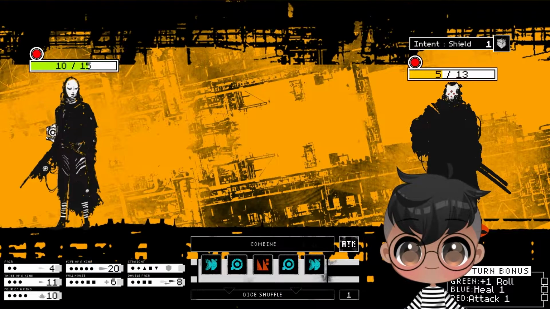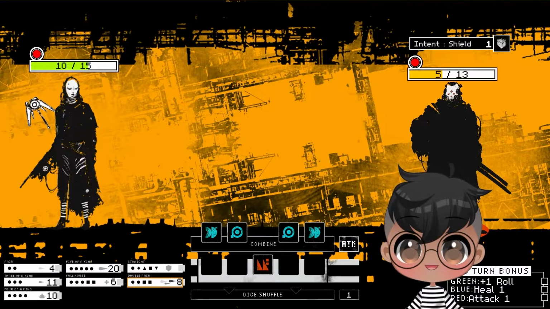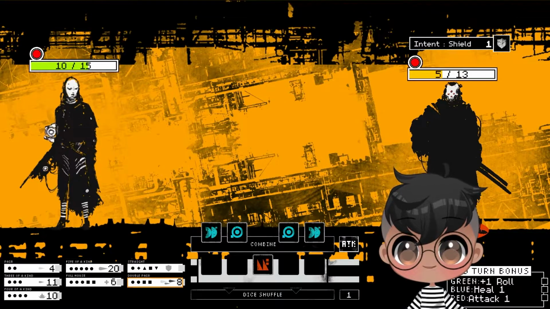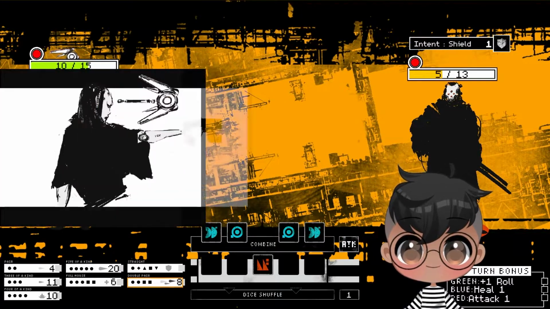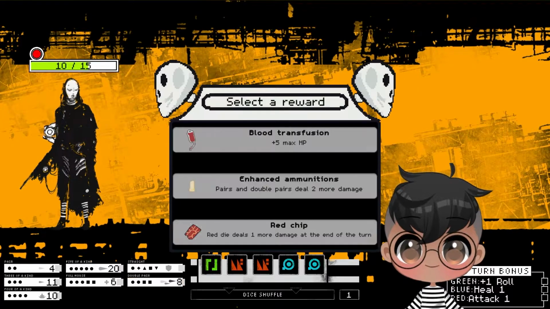Four of a kind, but four of a kind, I don't think that does any damage to him. Like if I do this, right? Oh, double. Okay, so it's based on the shape that's inside as well. Okay, now that is something that's not been made clear also. Okay, now things are starting to be a little bit more clear in terms of how to progress through the